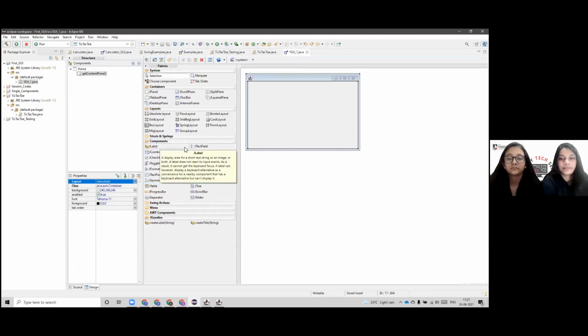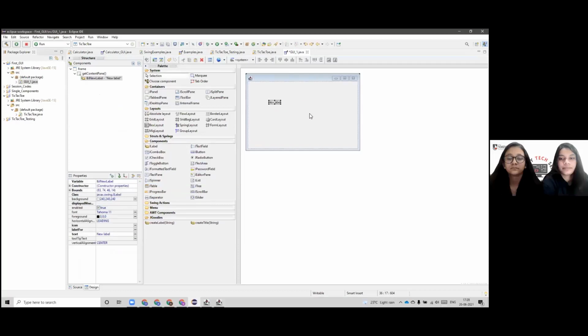And then if you want to add the components, you can just select the components, and you can easily place it over here anywhere you want on this JFrame, and you can just press again so that the label would be there. And when you click on the component, you will be able to see the properties of the label, and over here, from where you can change the name of the label, the text it would be displaying. You can change the font size and style, and then you can set it enabled true to false.